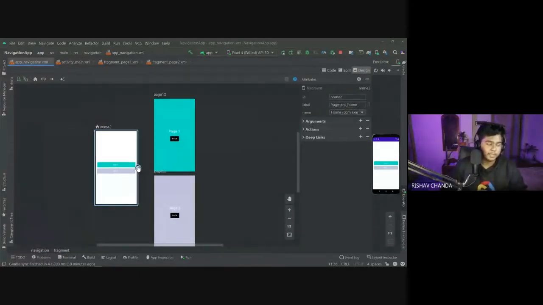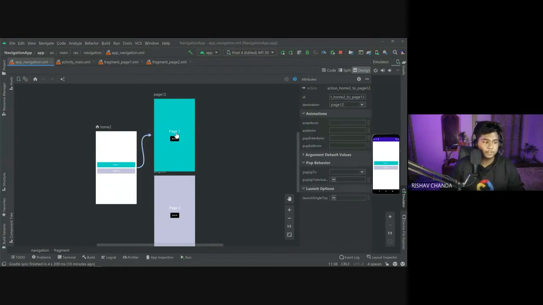And we want to go from this home page, meaning from this home fragment, to this page one. So, like in a constraint layout, you have a button, a dot round option. Click on this one and simply hover it to where you want to go. I would hover it to page one because I want to navigate from home to page one, right? If you hover it here, this arrow will come up in front of you, and this arrow is an action. We call it an action.